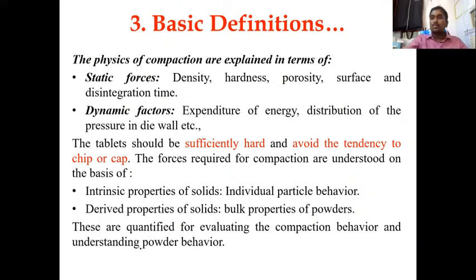Now, the physics of tablet compression is explained by two kinds of forces. So you are saying it has increased hardness, it has a robust structure, it has a stubborn structure. So what are the forces? Let us say all tablets will not have the same kind of hardness. Usually hardness is measured in units of kg per square meter. So one tablet has 4, one tablet has 5, one tablet has different hardness. So what are the factors which determine this kind of different hardness? One is the static forces.